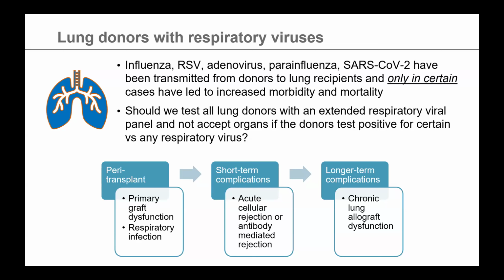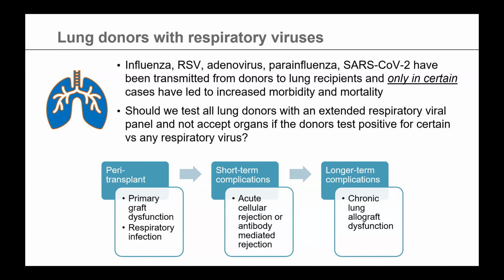We learned a lot from SARS-CoV-2 in terms of saying that for lung donors, it was very important to get a lower respiratory tract sample to know. It didn't necessarily mean, and no longer in 2025 is it translating to mean, that we can't accept organs, lungs even, from donors that do have a positive SARS-CoV-2. It's a fact that we have to manage the donor and the recipient differently.